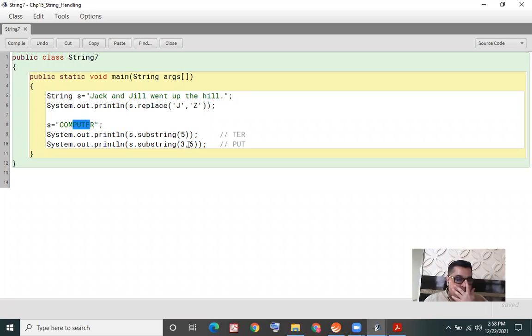But let me tell you, when I specify the end, Java does not end it there, it ends it one place before that. So I mentioned 3 comma 6, and we'll not get the output PUTE, we'll get the output PUT. Remember, end is treated as end minus 1. So if I specify end as 6, we actually get the characters only up to position 5.